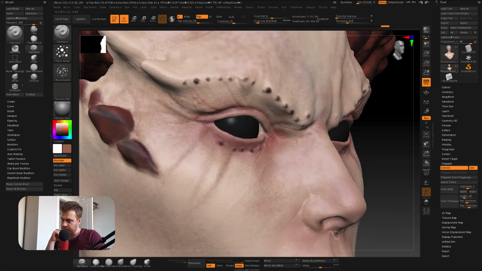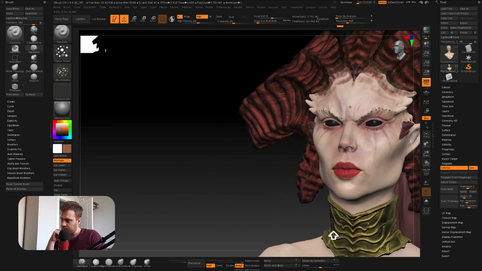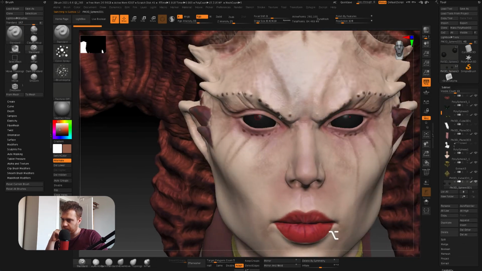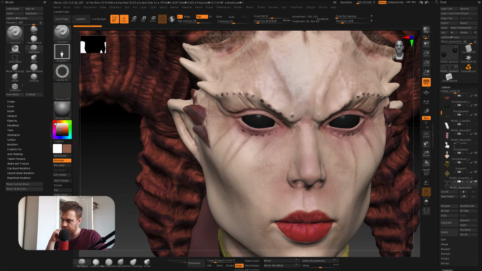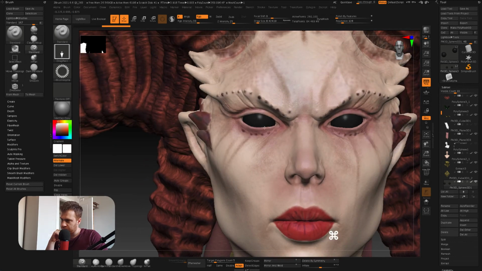Okay, to make some contrast, using a darker color to increase, of course, the contrast,